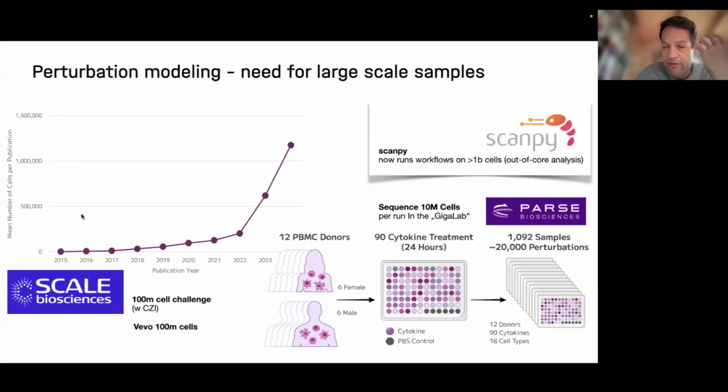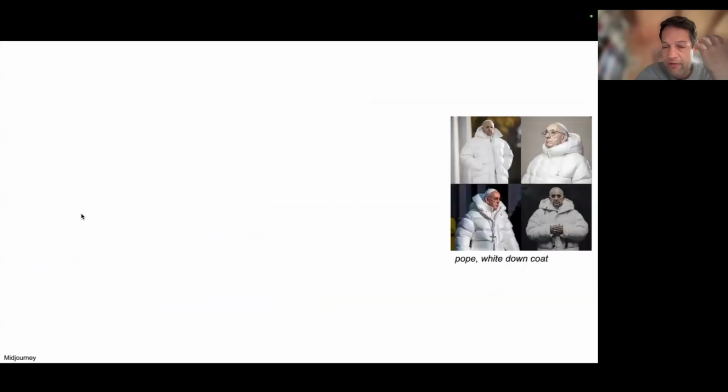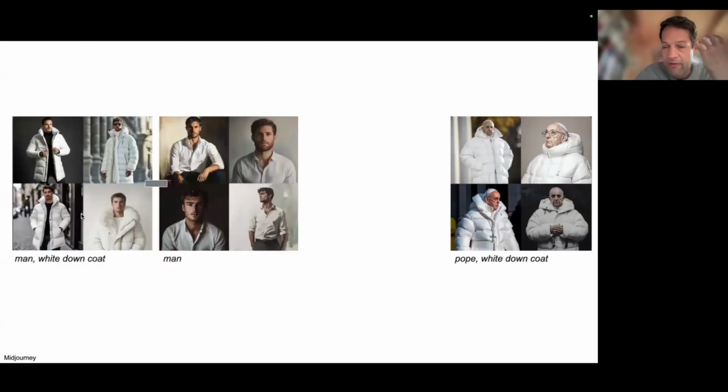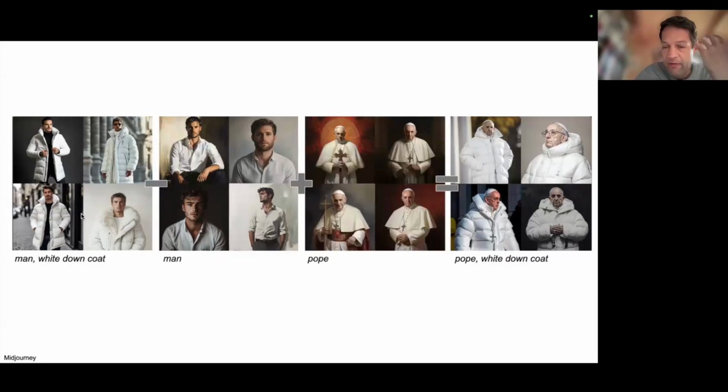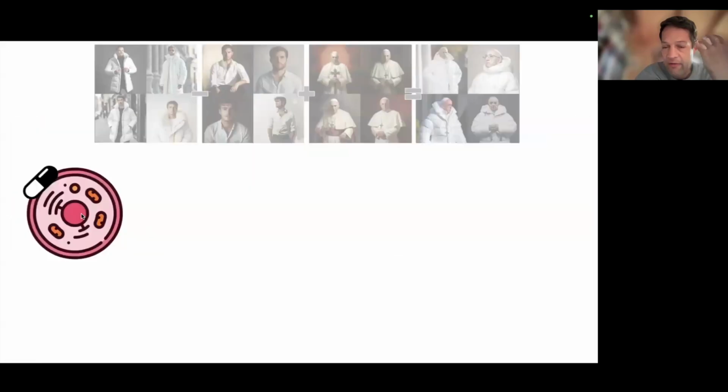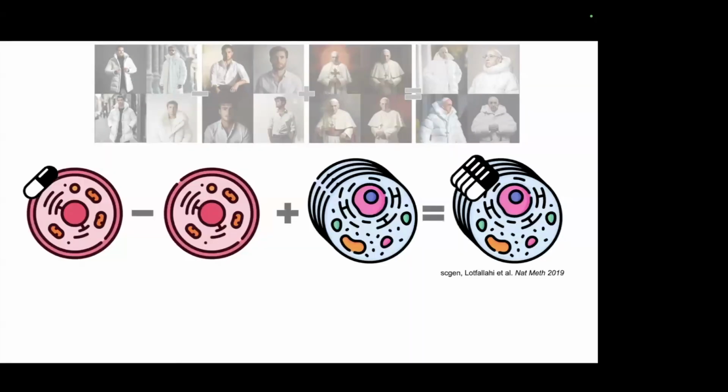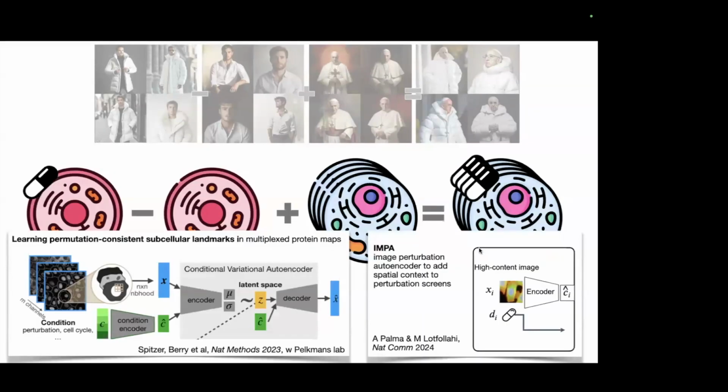But now that you have these big data sets, how can you predict the effect of a perturbation? This is my little visualization, but I always like this one because it broke the internet with respect to Gen AI. Remember the Pope wearing this white down coat? You can add and subtract how these things work, right? That's how we go to new states. It's a similar metaphor, I guess, to what we do with these cell perturbations. Let's say we have a cell actually observed under perturbation. It could be a drug, but it could be a CRISPR knockout, the idea of in silico perturbation as well. I'm just going to talk about the RNA-seq ones in the next slide, but if you're interested in other modalities, these things usually generalize quite a bit.